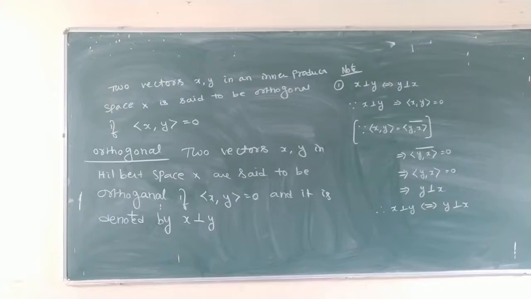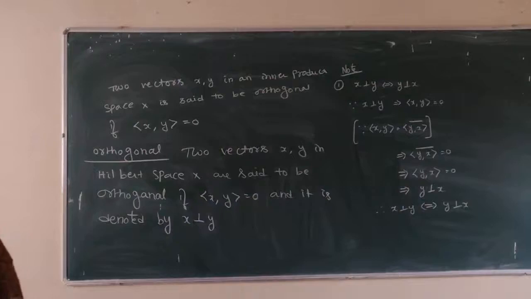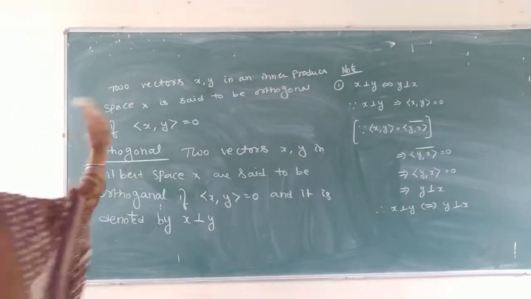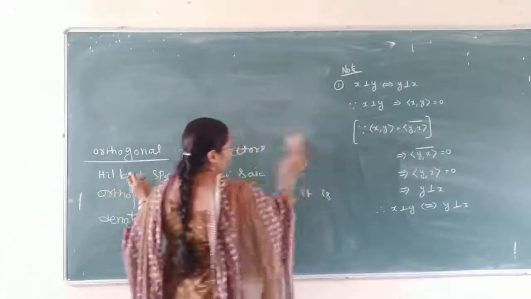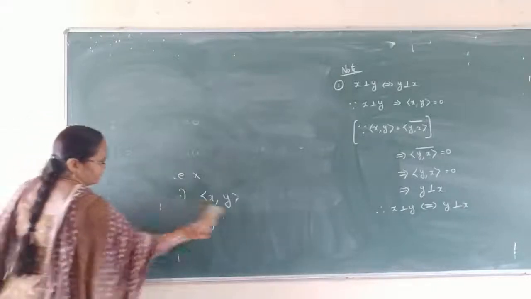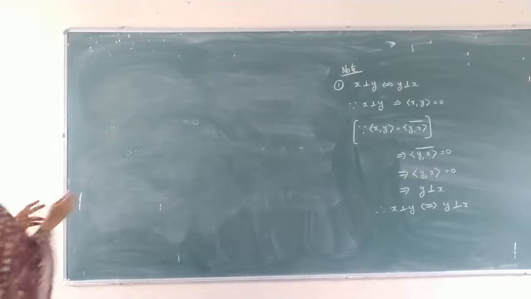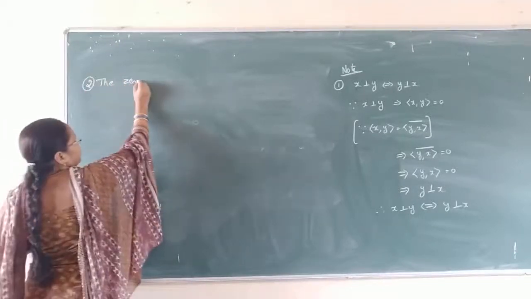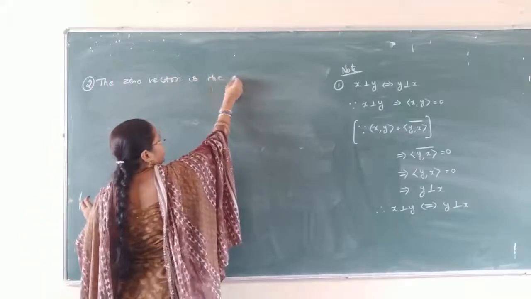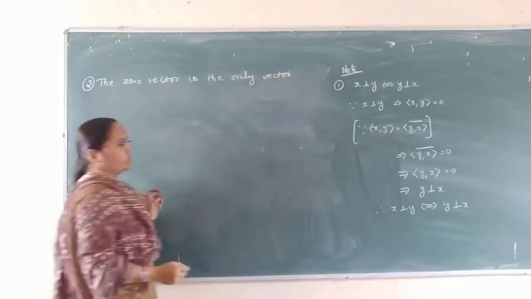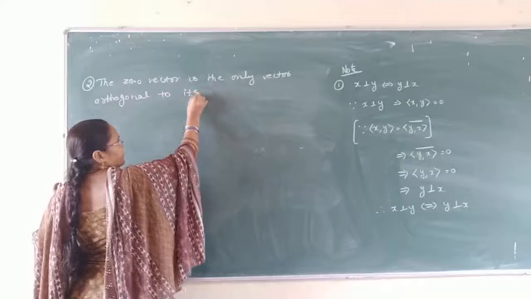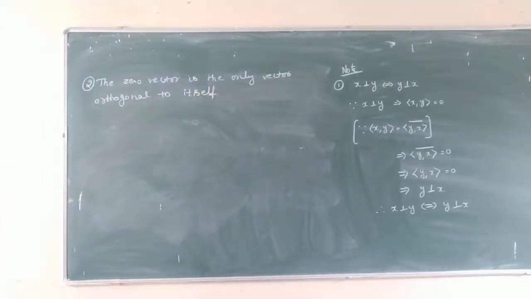Now the second point is the 0 vector is orthogonal to itself. See our second point now: the 0 vector is the only vector orthogonal to itself. How can we say that the 0 vector is the only vector orthogonal to itself? It has the proof also. So the next line is,